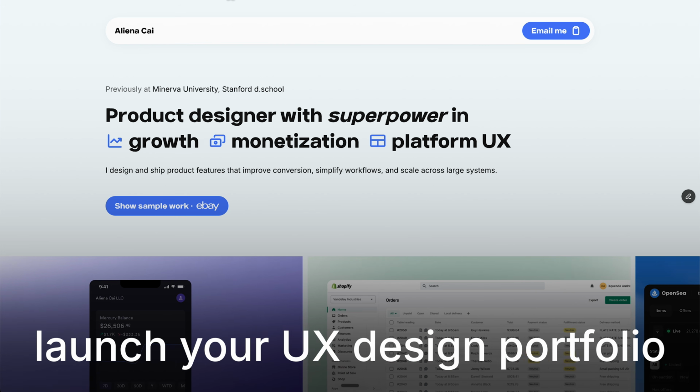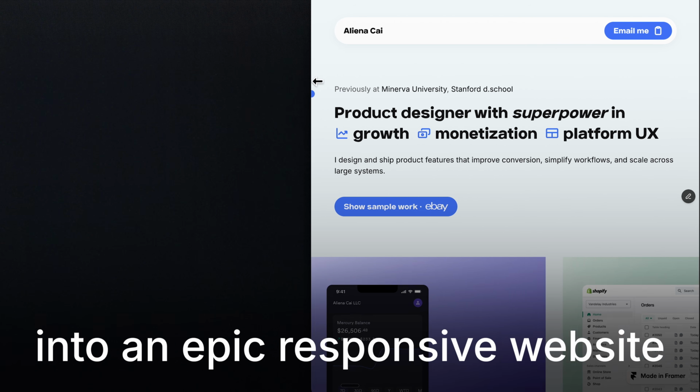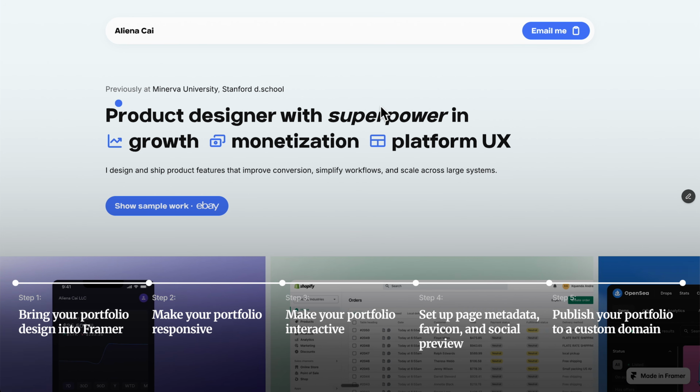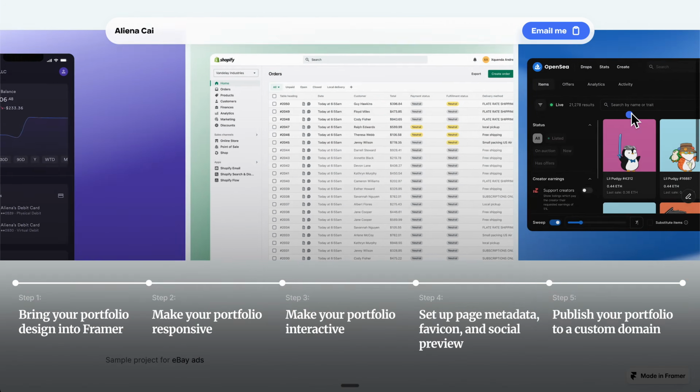If you want to launch your UX design portfolio into an epic, responsive website, this tutorial is for you. You'll learn how to bring your design into Figma, make your website responsive and interactive, and publish it to your